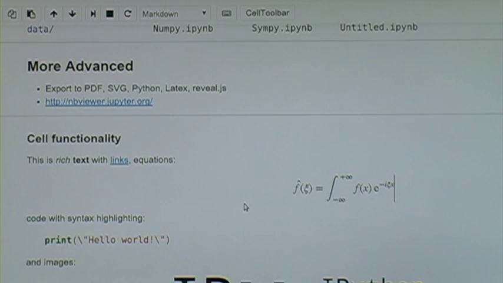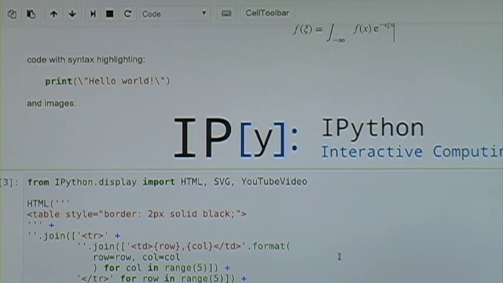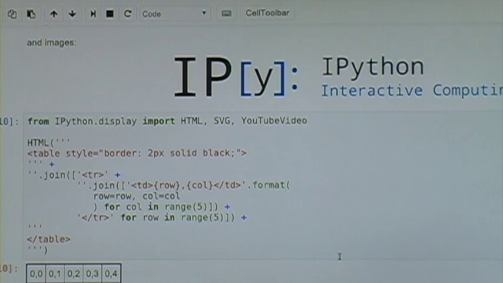In each of these cells, we can do things like rich text, italics, and bold, links, equations. These equations are typeset with LaTeX, which is the lingua franca of equation typesetting. Code with syntax highlighting, images. And then additionally, there's a little bit of sugar if you want enhanced output on your code. So say your Python code, rather than just outputting plain text, you can output